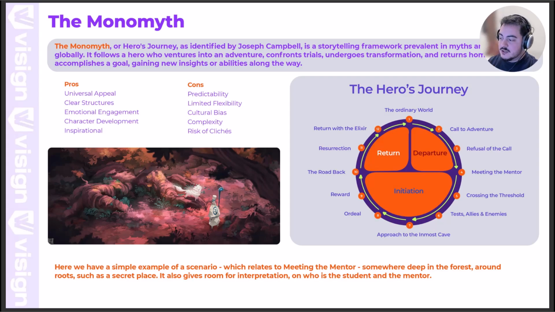Or who is the student and the mentor, for example, in terms of interpretation? We don't know exactly. It might be the fox, might be the mentor. The other fellow that is standing near the fox might be the student, and so on and so forth, or the other way around. The fox is something that is transformative. It's maybe like a student on a test. He's becoming the fox to actually learn magic. Who knows? But again, it gives room for interpretation.